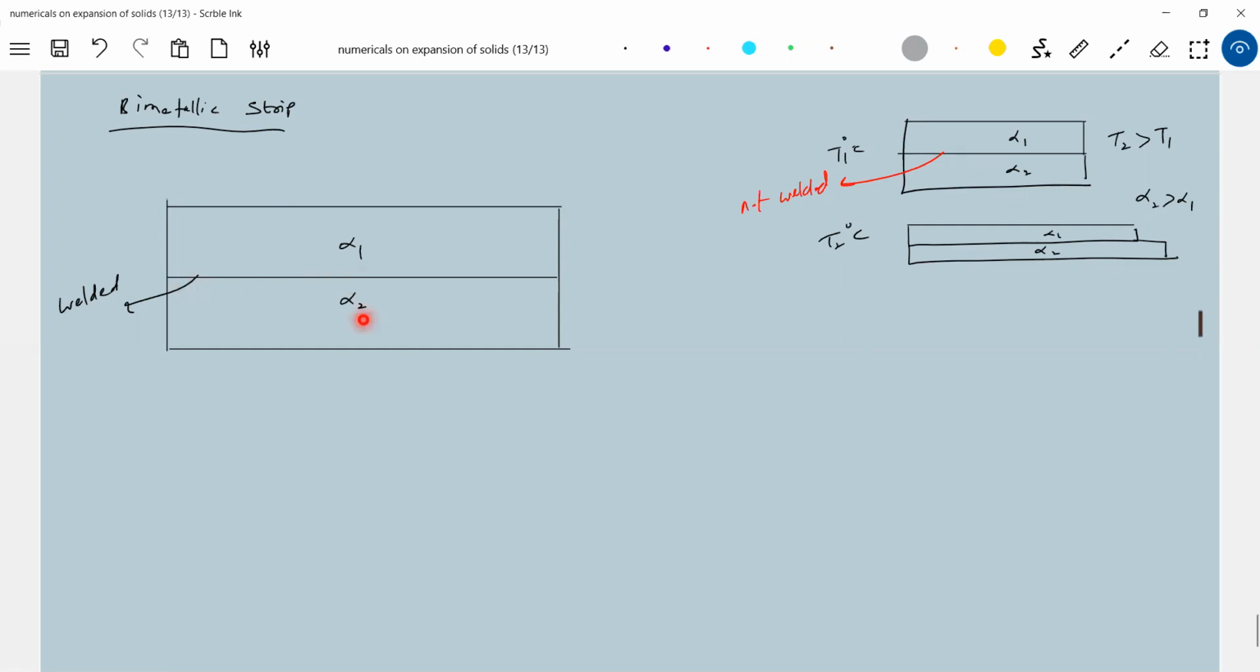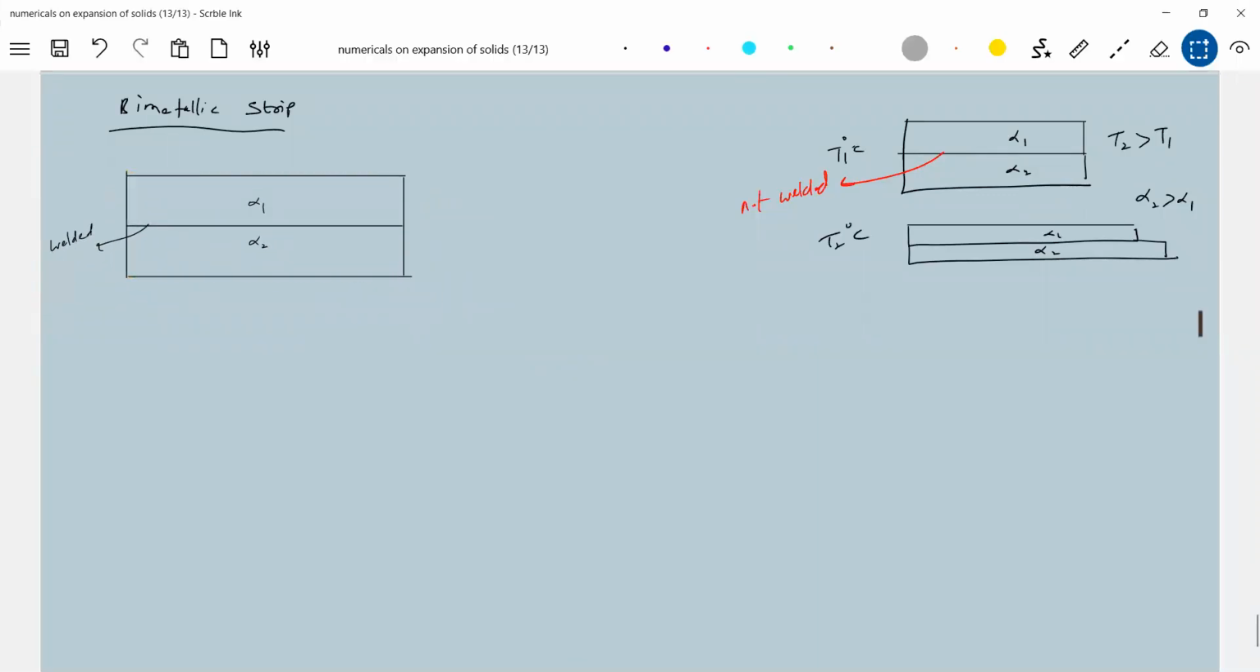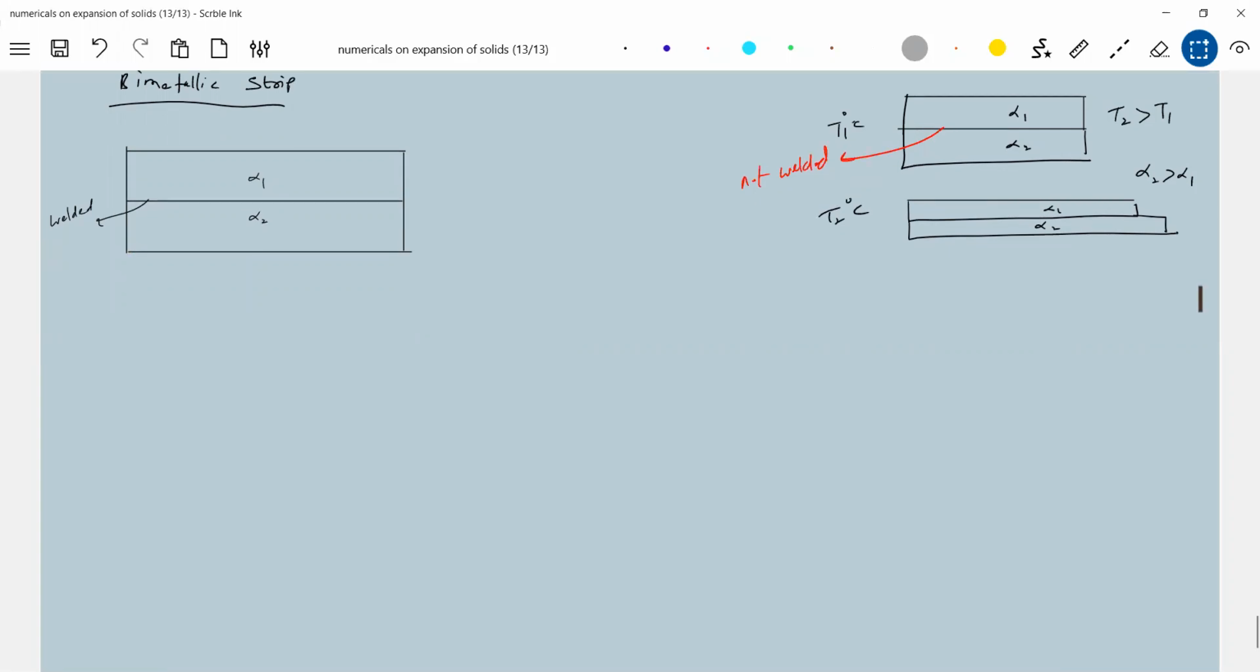Then I'll increase temperature. If I put alpha 1 greater than alpha 2, this wants to expand more, no? Then this will not permit. So when they are welded like this and you raise the temperature, how will the shape of the rods be? The rods will bend. Instead of this, if you raise the temperature, the rod